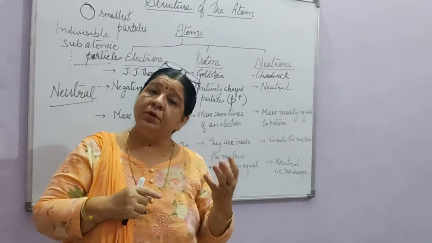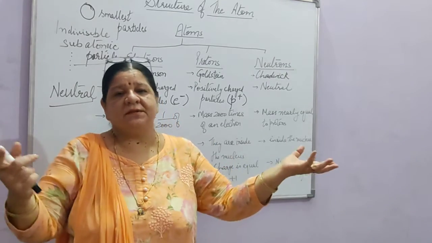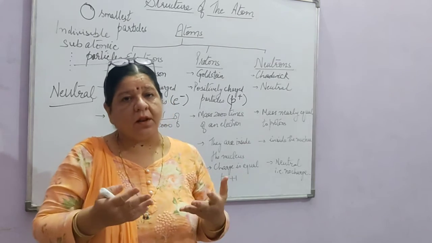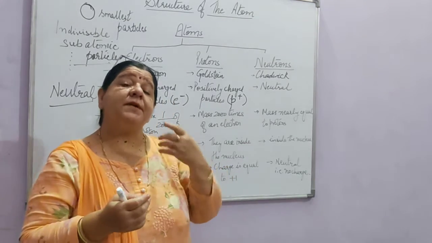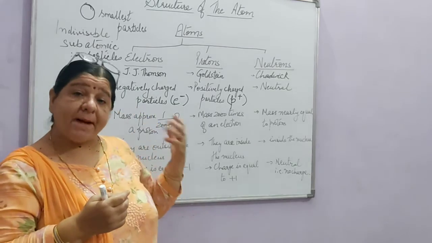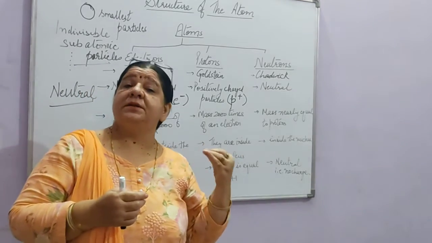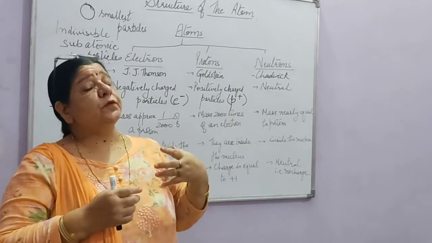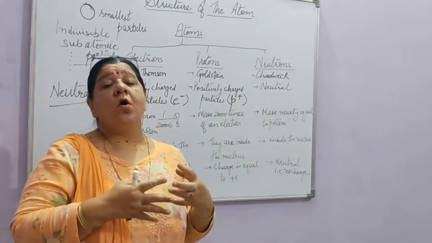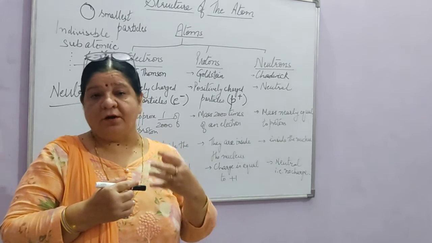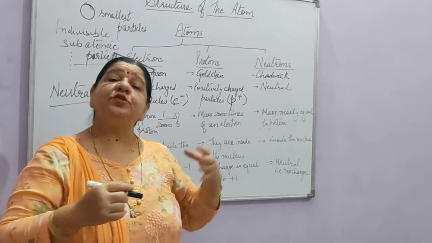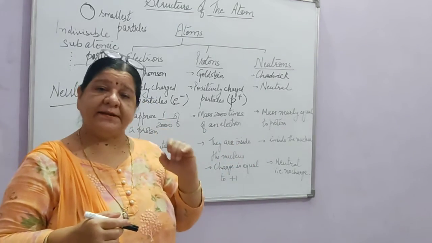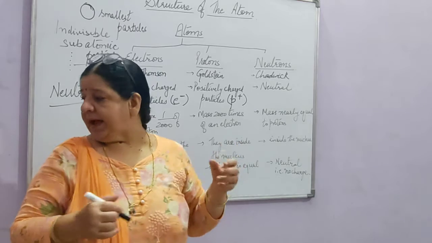How the atoms look like. First it was thought that this is the smallest particle which cannot be further subdivided. That's all. But when it was discovered that yes, there are particles in it, and two of these particles have mass also, right? So they started working on the model of the atom. Now in this also J.J. Thomson first of all worked on the model of the atom, and he said that